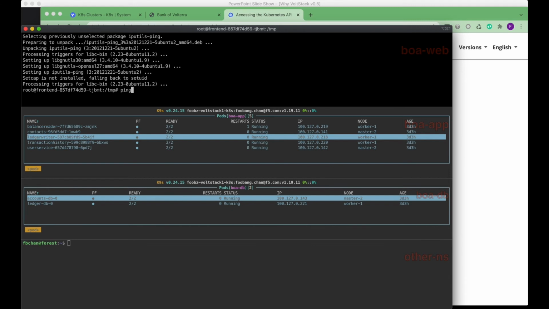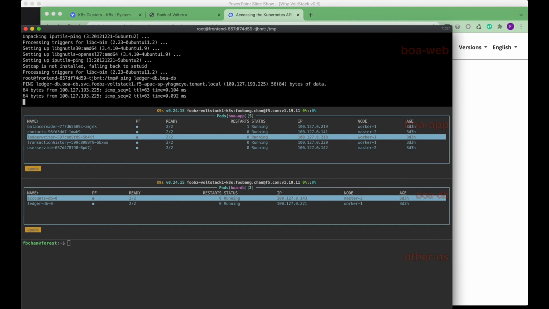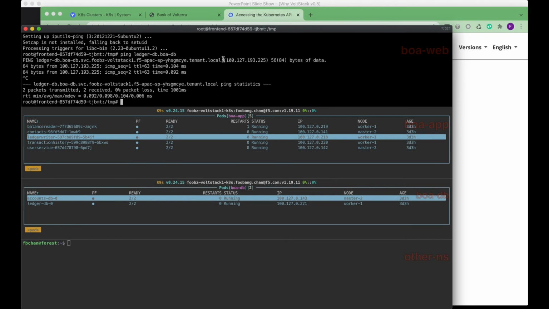Let's say, for example, if I want to ping the ledger db boa-db again, you can see that I can access the database, the ledger db boa-db, which is this one. Or maybe I managed to find out that this is a matter of time. If I manage to find out there's a Postgres database located, so what I can do is run a